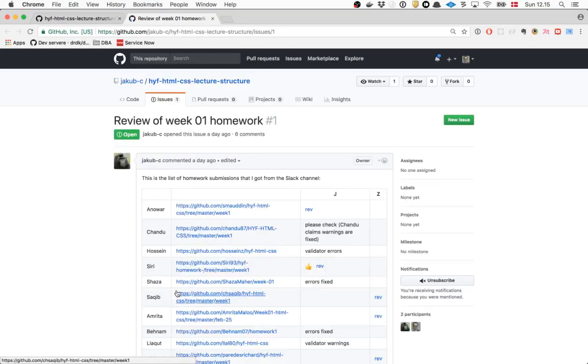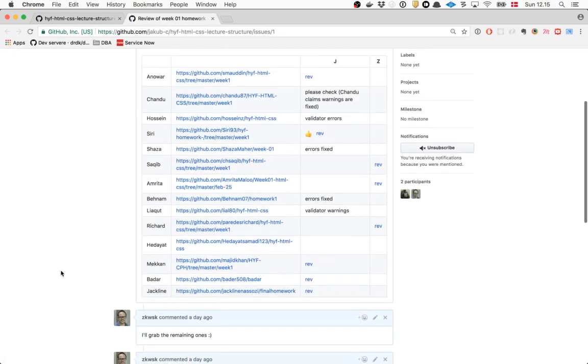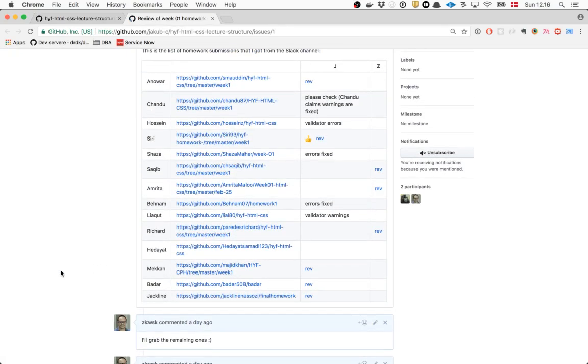So I made basically a table of all the submissions. Could you scroll down a little bit? Everybody who submitted without any errors got reviewed, as fast as possible. People with errors, some might be already fixed, but I cannot check every 5 minutes if you fixed your errors. I managed to see 2, maybe 3 places where the errors are fixed.